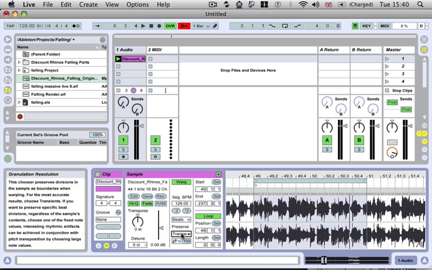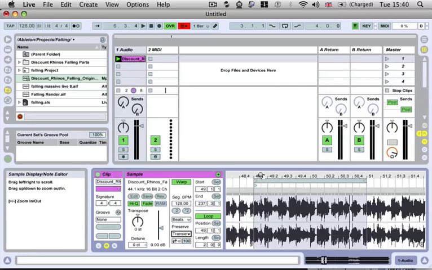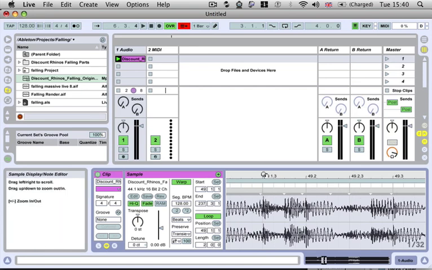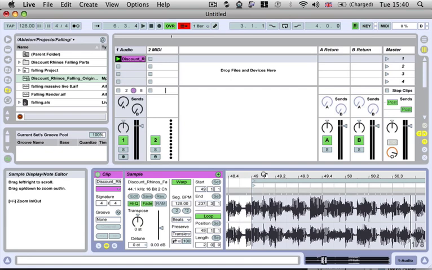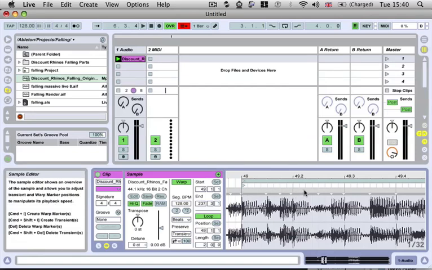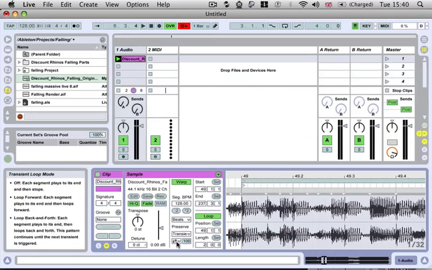And in here, basically what happens is all of these wee transient hits are being triggered by Ableton to play, and it's playing right the way through, and then the next one's triggered and it's playing, and then this one and so on. And we've got these different modes here